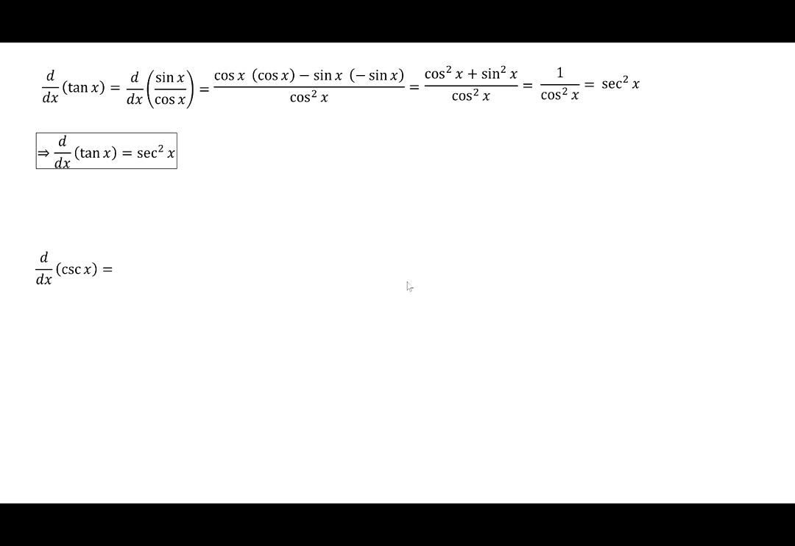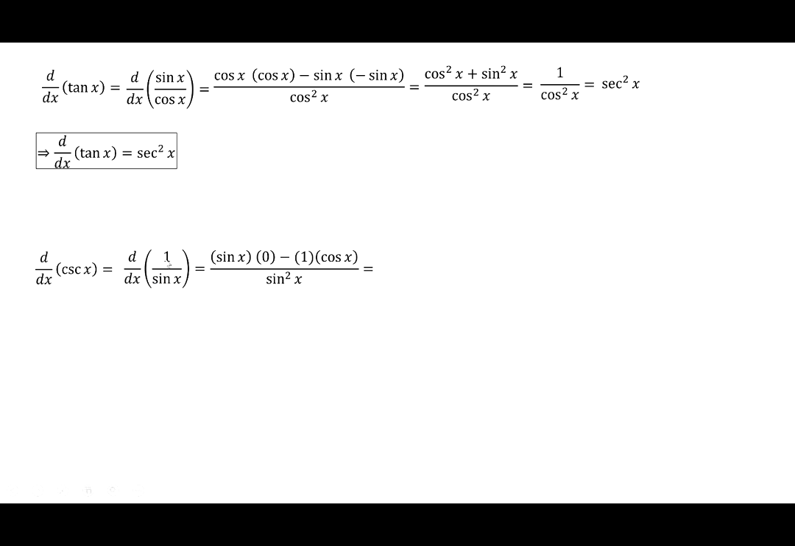Wait. Isn't cosecant x the same as 1 over sin x? Okay. Now, do we know the derivative of sin x? Yes, we know that is cosine x. Will that help us? Yep, we can apply the quotient rule once again to this. And so the denominator times the derivative of the numerator minus numerator times the derivative of the denominator over the square of the denominator. So sin x